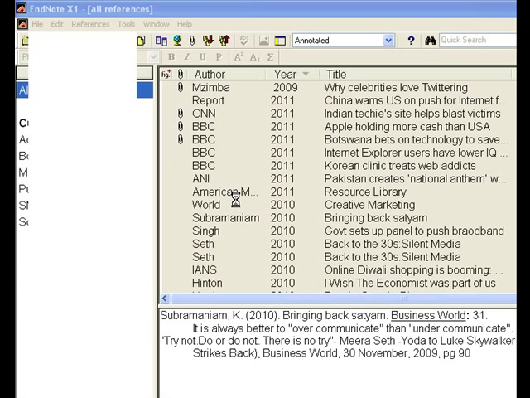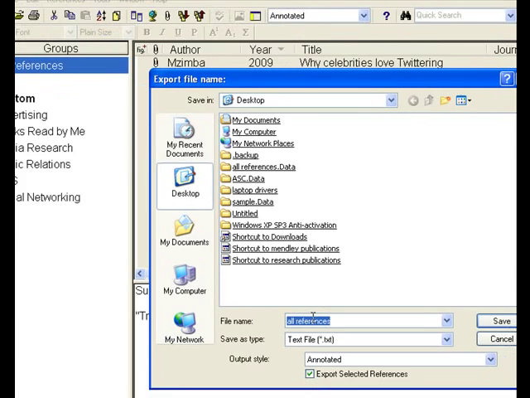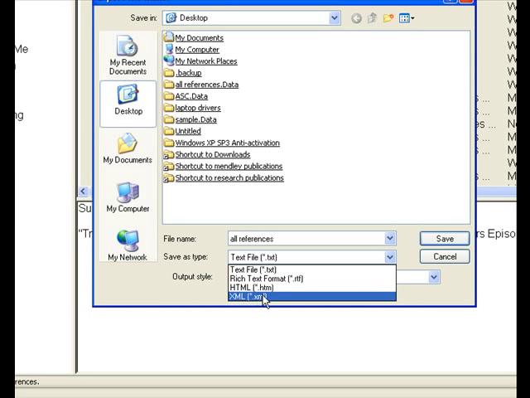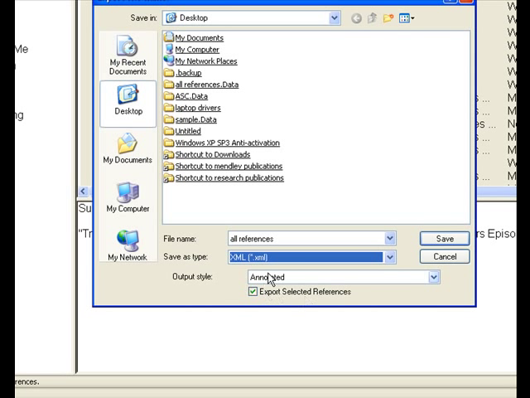It will ask several options about which file format I want to export as. XML file is required for exporting into Mendeley. So if I'm going to export it to Mendeley, then XML format would be there, and if I click it here, then okay,